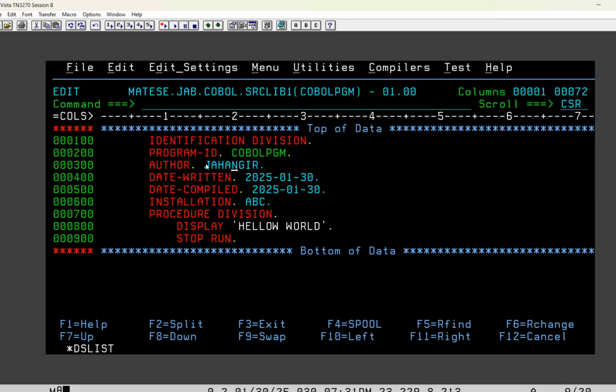Now, if you make any mistake in the names, nothing will happen. These are just information. In place of my name, if I write someone else's name, the system will not know who has written the program. So you can write anything, but we should always provide authentic information. Now,